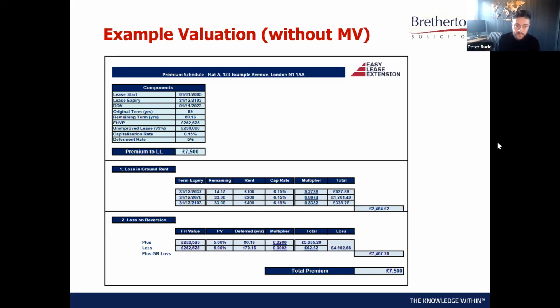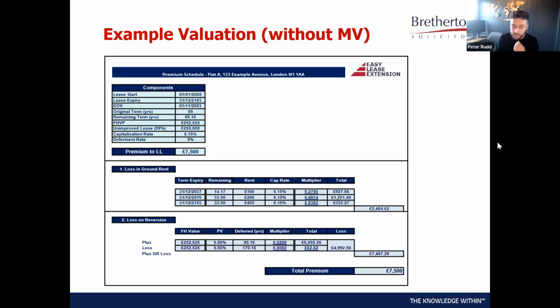Now, the next consideration is the loss on reversion. The loss on reversion is basically this: once you make your claim to extend your lease, you are preventing the landlord from taking the property into possession in the next 80.16 years. As the landlord is not able to take the flat back into possession, they are going to suffer a loss. So in this example, we have to calculate the value to the freeholder. We take the freehold vacant possession value, and that is deferred over the term of the lease by 5%. Now, the value in this example would be